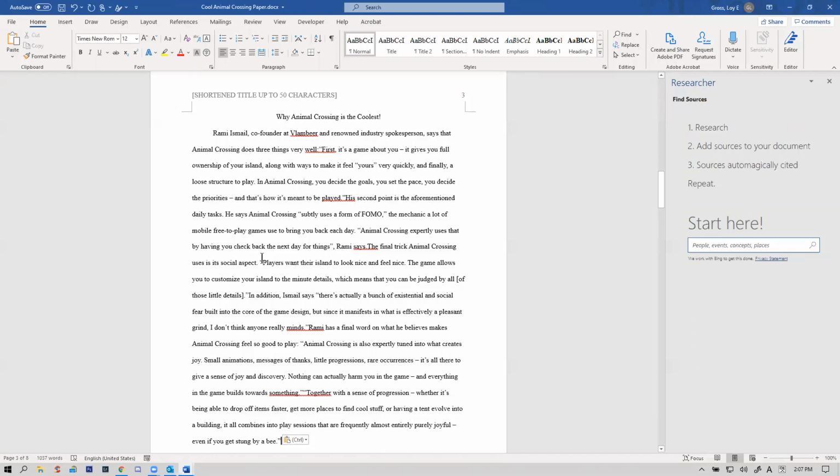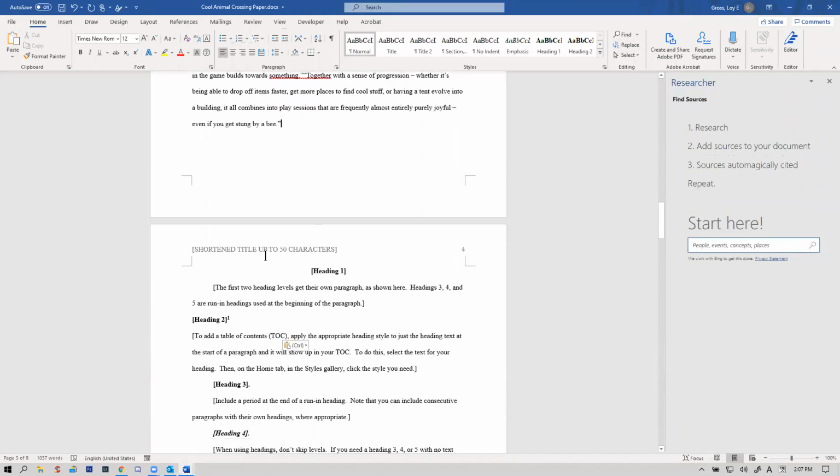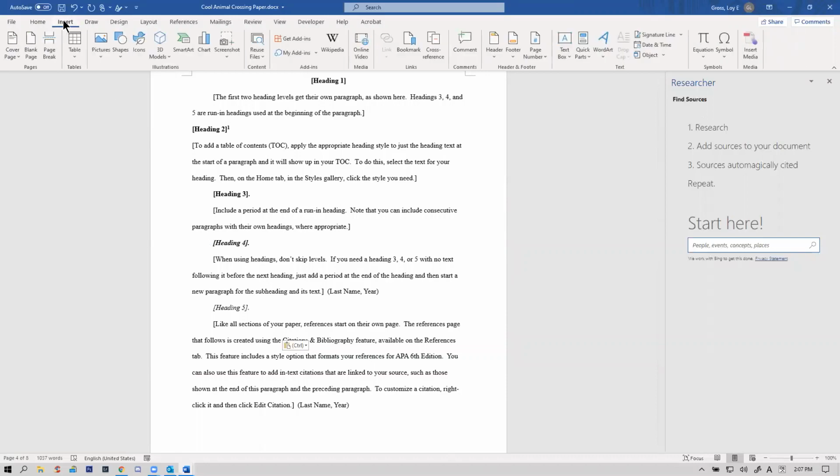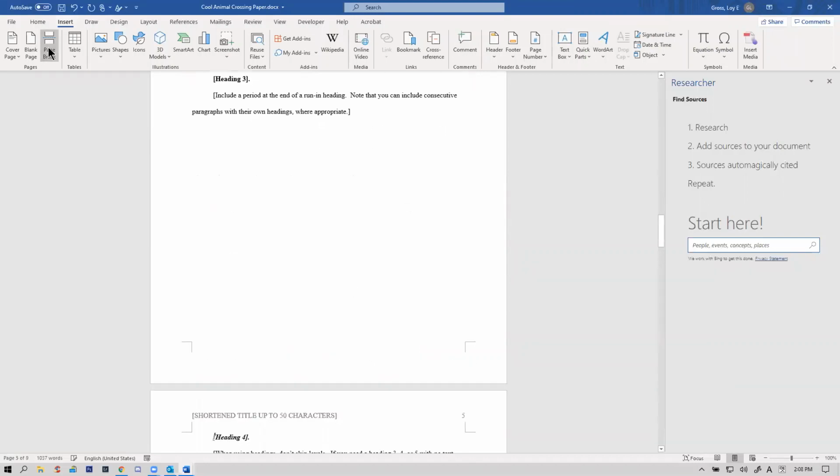One of the more common things that students want to do is put page breaks in. For example, they may want this heading 4 to start on a brand new page. Students will sometimes hit enter a bunch of times to put it on a new page. But the problem with that is that if you change anything above it, it moves up and down all over the place. Much better, put your cursor right in front of the thing you want on the next page. Click on Insert, click on Page Break. And now heading 4 is on a new page. I can type to my heart's content.